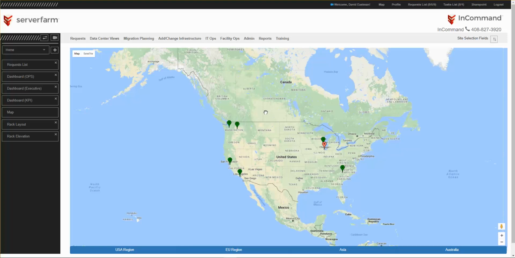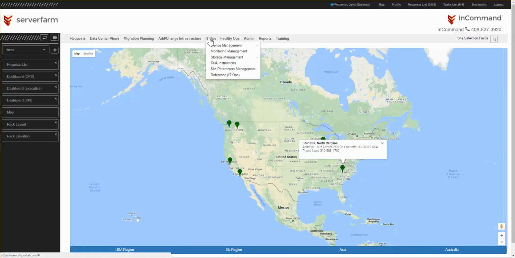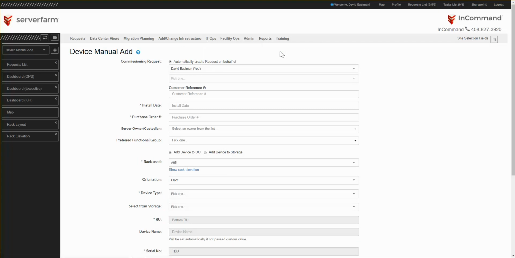In this session, I will demonstrate how to place devices into your data center using the Device Manual Add functionality. To get to the Device Manual Add function, go to IT Ops, Device Management, and Device Manual Add. This is one of the most useful pages because it enables managers to keep device data up to date with